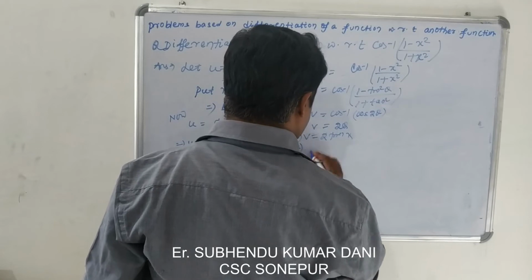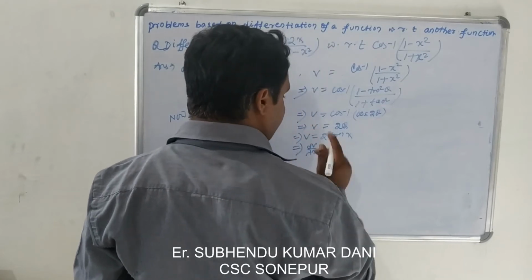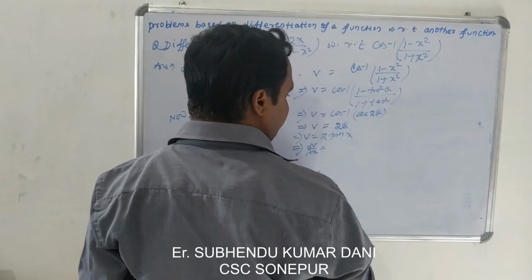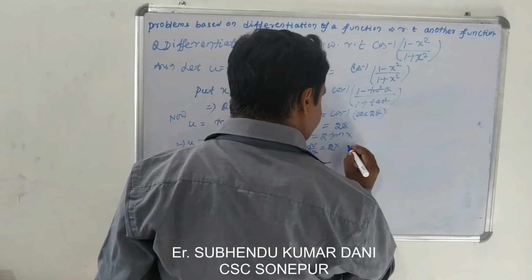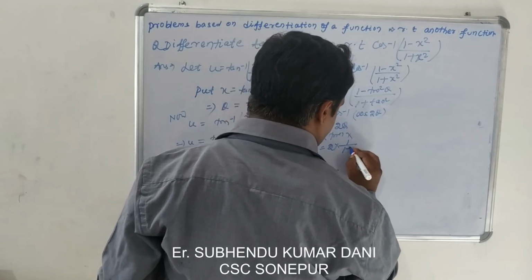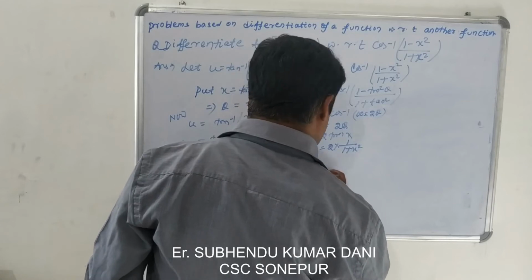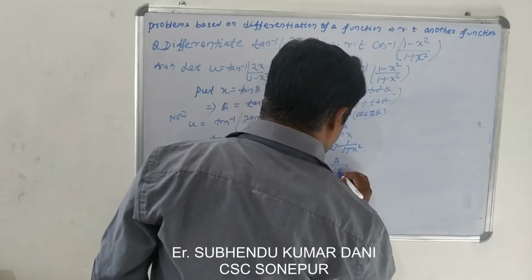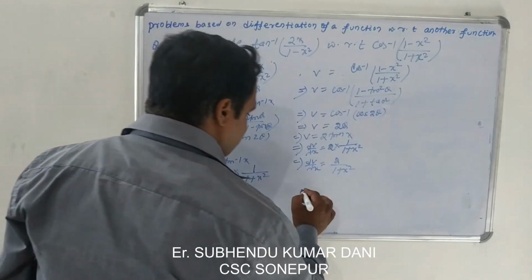So this implies, differentiating d by dx both sides, because v is a function of x. So 2 is a constant, and the derivative of tan inverse of x equals 1 by 1 plus x square. So here dv by dx equals 2 divided by 1 plus x square. Now therefore